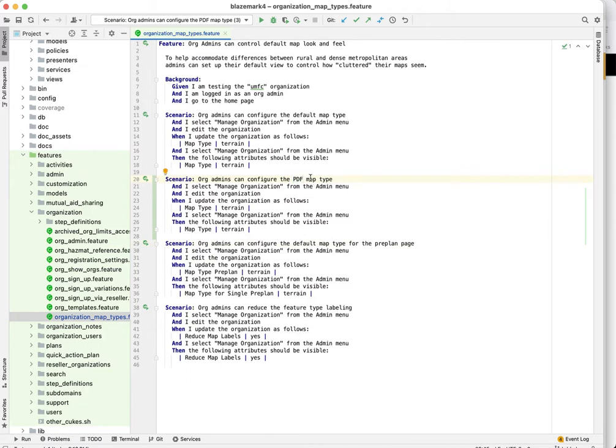I'm going to configure the PDF map type, and change this to say the field on the form. We'll have the label PDF map type, and the field on the page when you're viewing the organization settings will also have that. So if I go ahead and run this test,